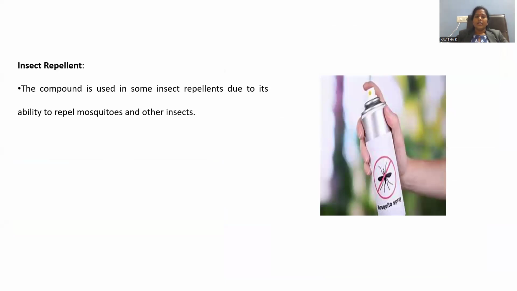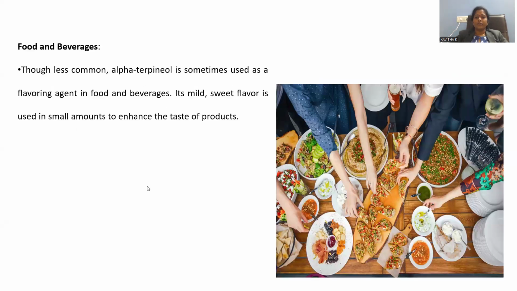Insect repellent. Whenever we apply this alpha terpineol at croplands, at industrial grain storage devices, or for household purposes, it has the very important property of repelling mosquitoes and also insects. That's the reason why the insect repellent property is another advantage, so that we can easily spray it. It imparts an aroma smell for humans, and it repels mosquitoes and insects as well. That's why insect repellent property is another important one.